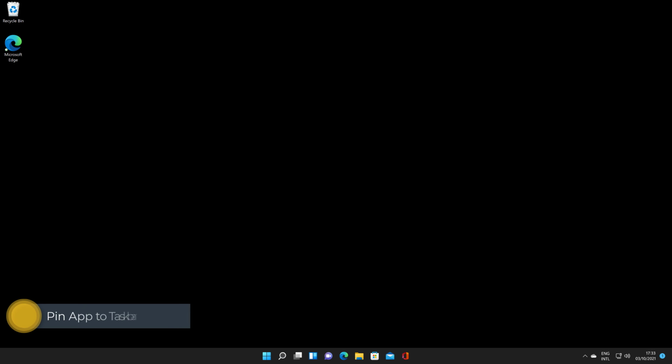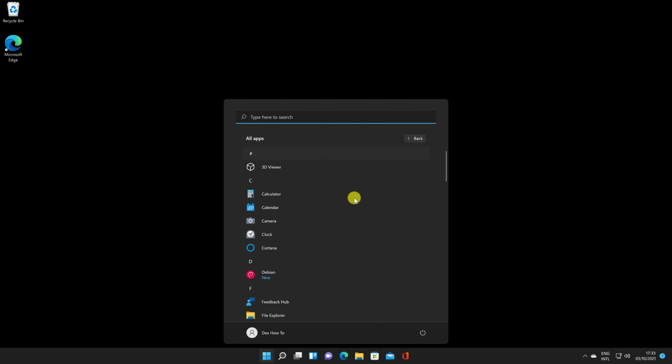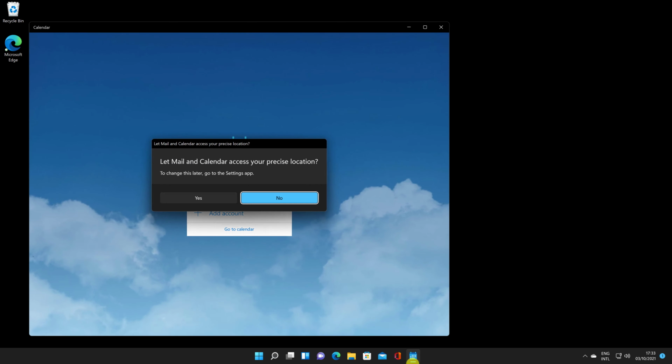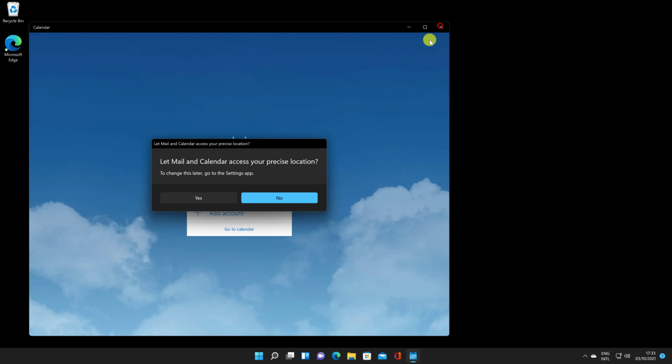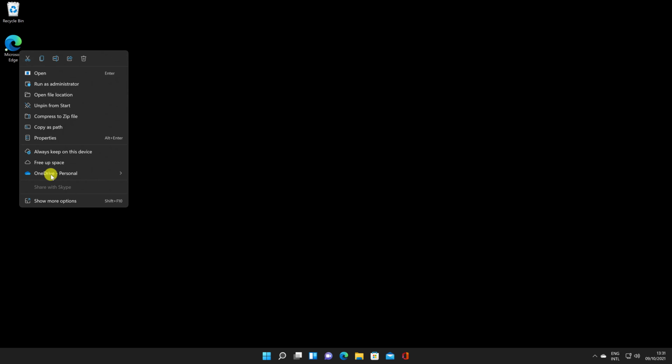The first thing we are going to discuss is how to pin an app to the taskbar on Windows 11. Pinning an app to the taskbar at the bottom can be a little, well, weird. There are several ways to handle it. While the program is running, an icon appears on the taskbar and a line below it indicates that the program is active. If you want the icon to remain on the taskbar after you close it, right-click the icon and select Pin to Taskbar. If the application is not open, but the icon is on your desktop, you can also attach it to the taskbar.